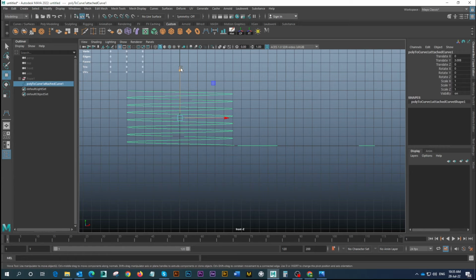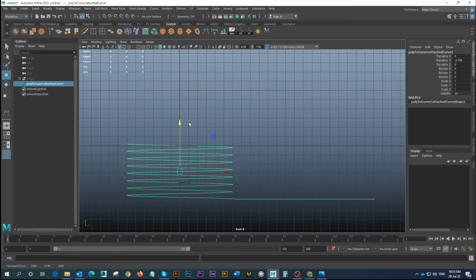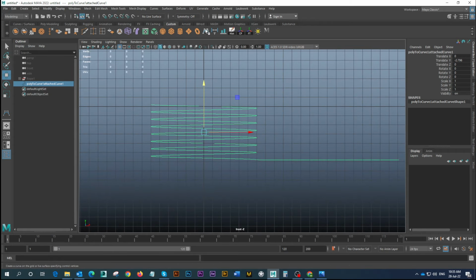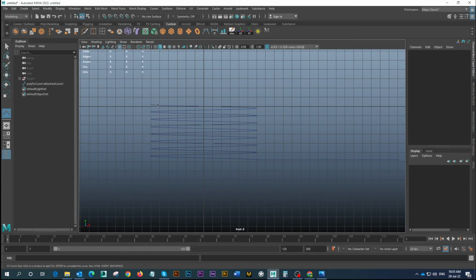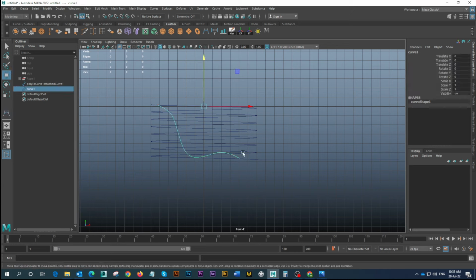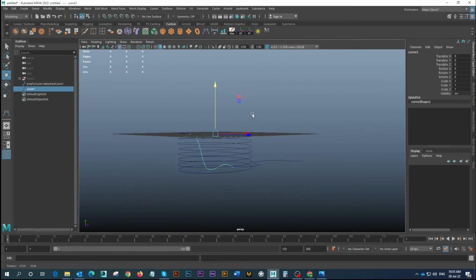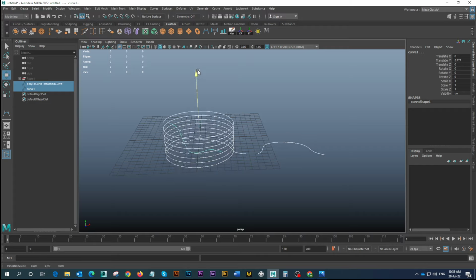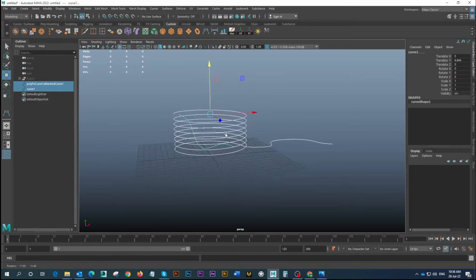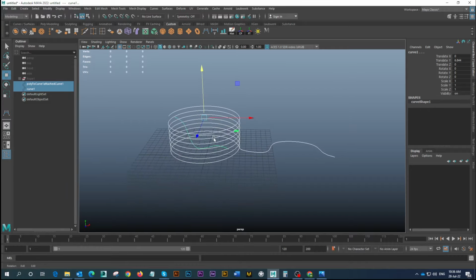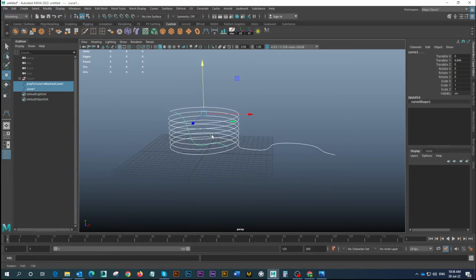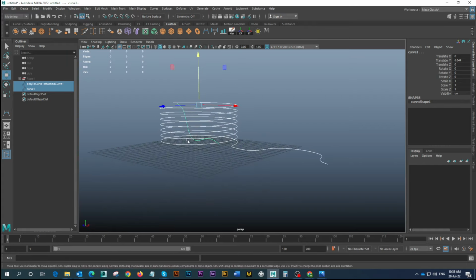So for this one, let's again come down here at the origin and we click on this one, and then something like this, and select both of them, move it up, and then we can attach this one. But before we do this, I think we want to,